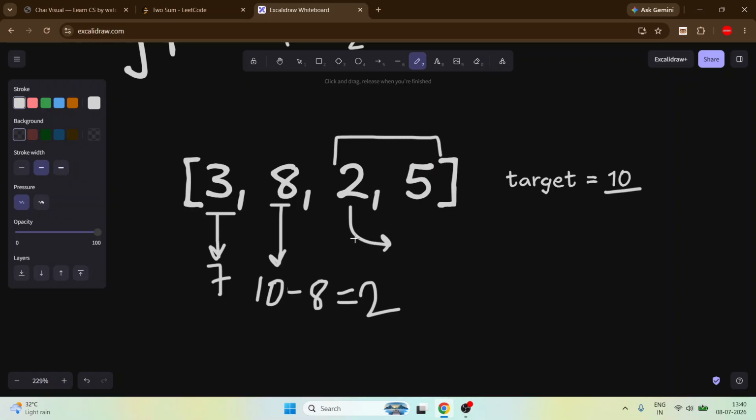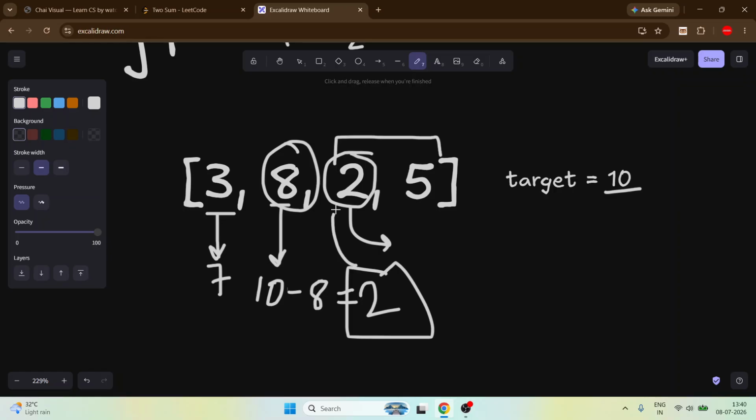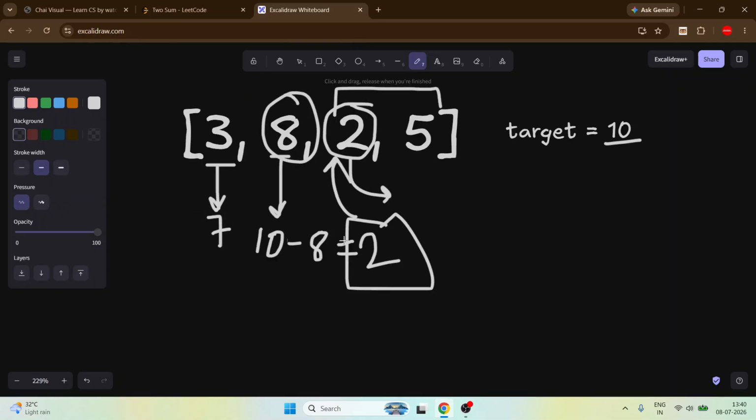Yes, this is 2. So this index and this index will become the answer, because we need 2 here and we found 2 in the remaining portion of the array. But every time we have to find the remainder, that is 2, that is 7. We have to find it every time.